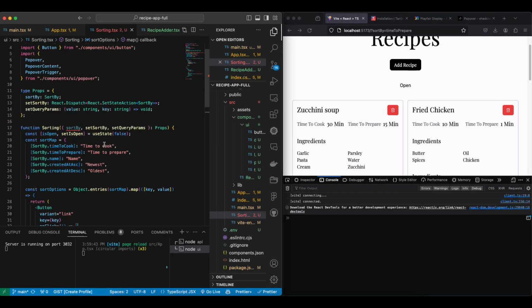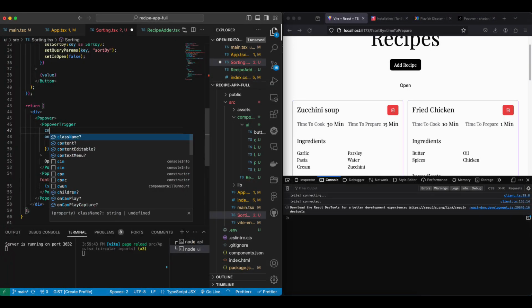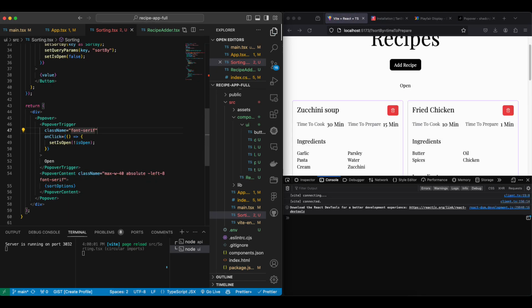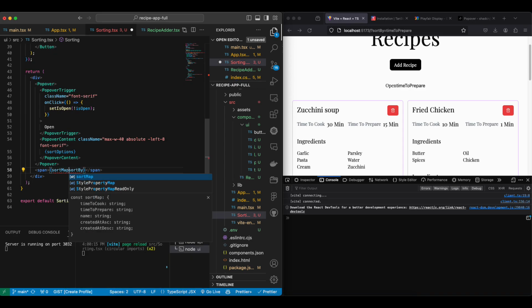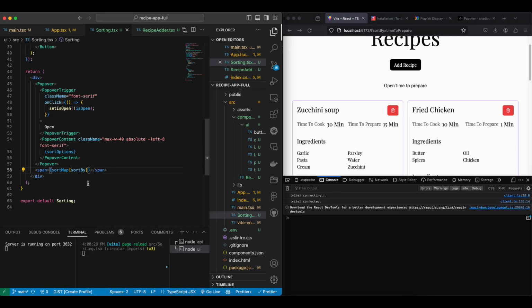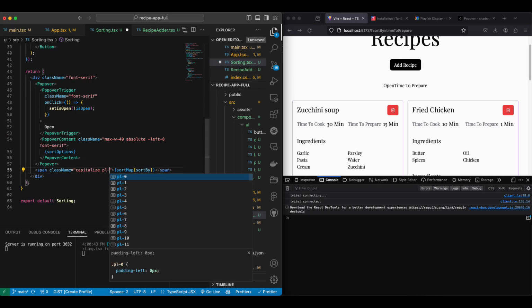Now, one more thing remaining, the trigger. We actually do want to make it serif. And in here, after it, we want to add a span, and we want to see the sortBy. But we actually want to see the sortBy the map. So sortMap. And we want to see it by sortBy. And we want to capitalize the letters, and of course we want to give it a font serif. And let's give this a padding left of 4,